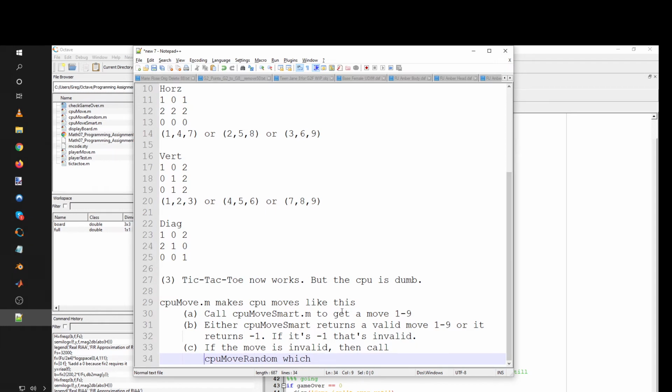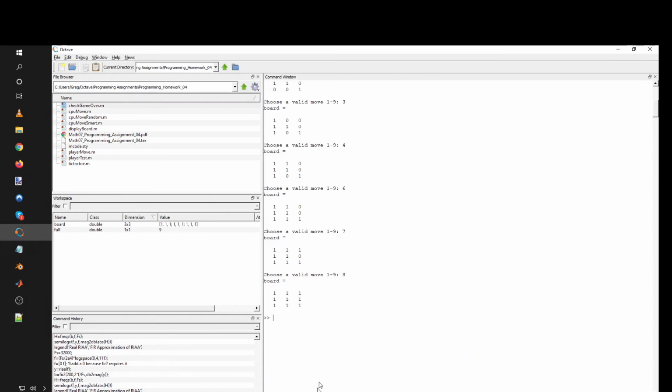The move is invalid. Call CPU move random, which does what it says, which will return a valid move, but it's generated randomly. A random valid move 1 through 9. So basically, CPU move random is a fallback. So it tries to make a smart move, and if it fails, it makes a random move. That way, it always has a move. And that's why the code works if you just run it. If I just run tic-tac-toe,